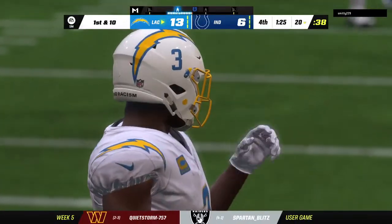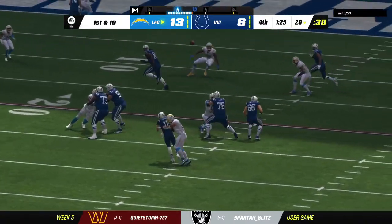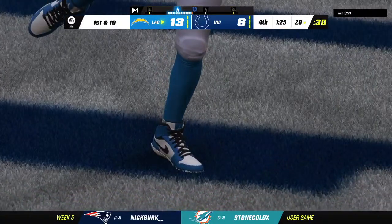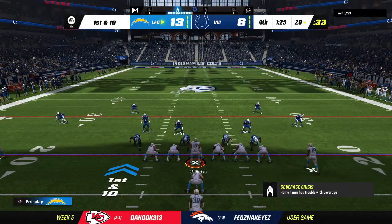That's a beautiful read there by the safety. It's zone coverage, so he's just going to sit back and watch. He knows he can't get beat deep because he has the end line to protect him. So he can react to everything in front of him, and he makes a great break on the football and comes down with the interception. The Chargers are